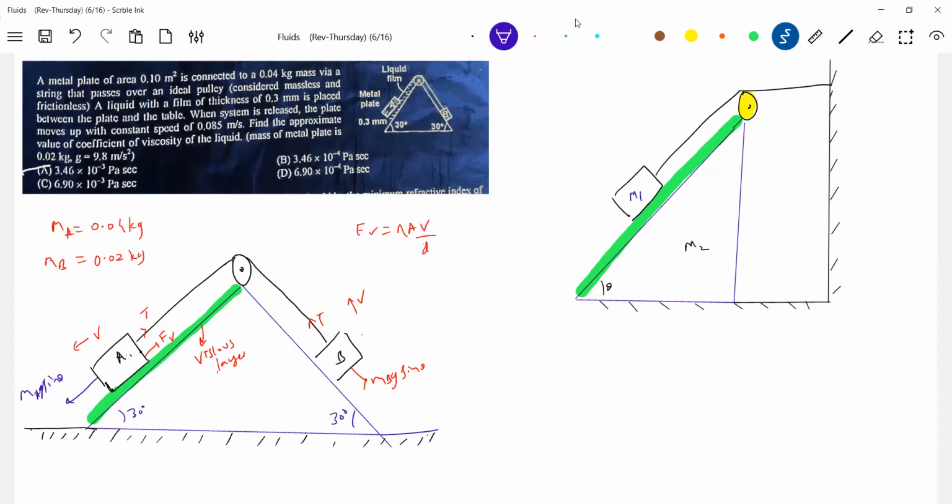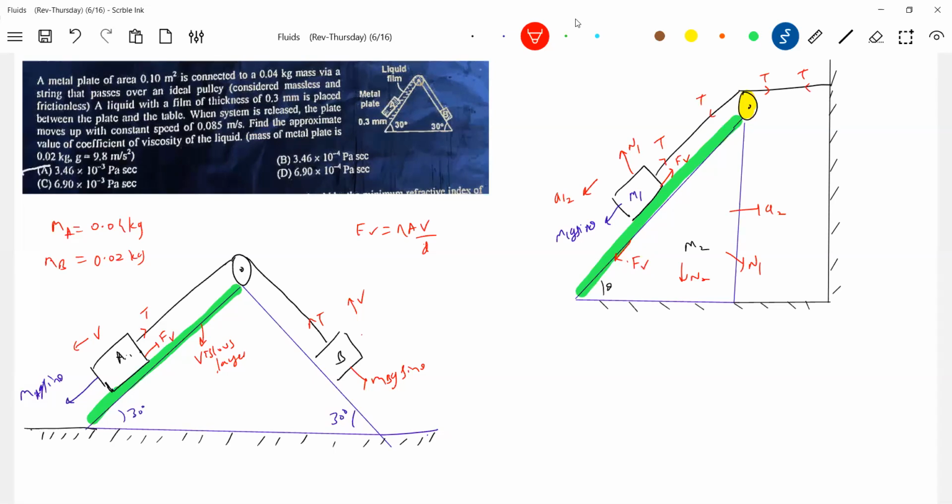The moment, okay, let's get into the forces that are acting. M1g sine theta, the tension T, normal contact N2, and here let me call this N1. Here tension. Okay, let the acceleration of this be A1, acceleration of this be A2. Any viscous drag present will act like this, and on the wedge it should be like this.